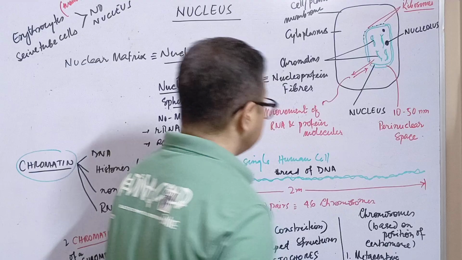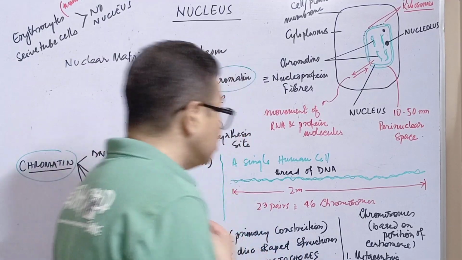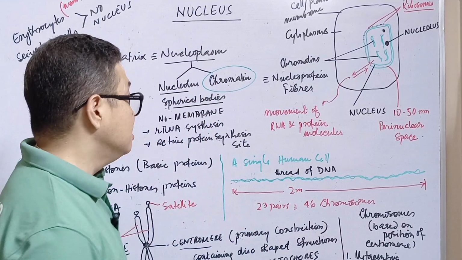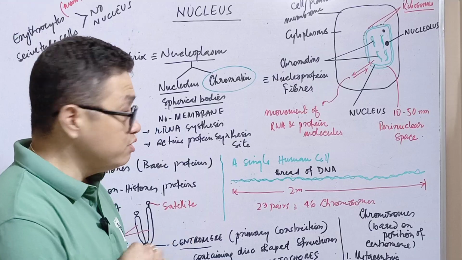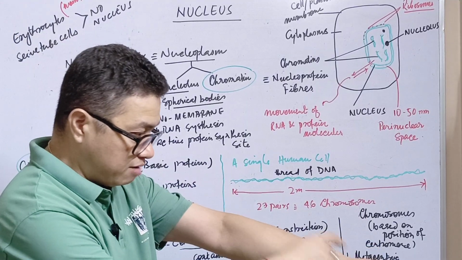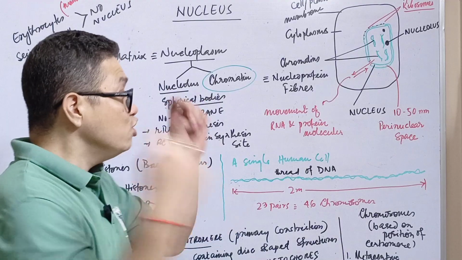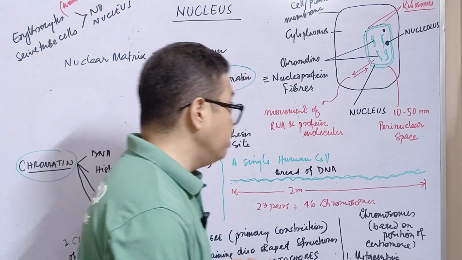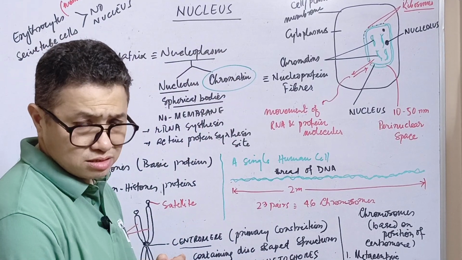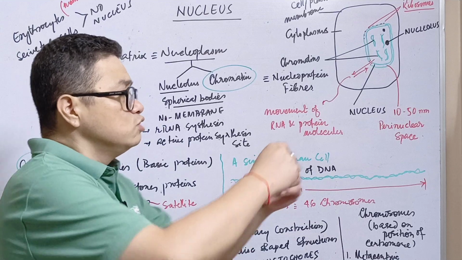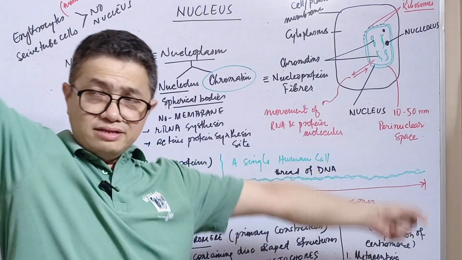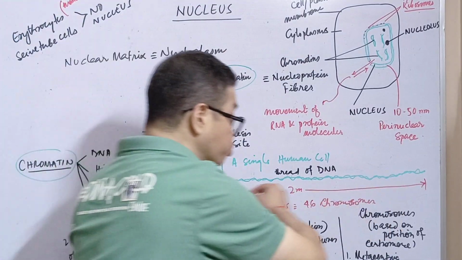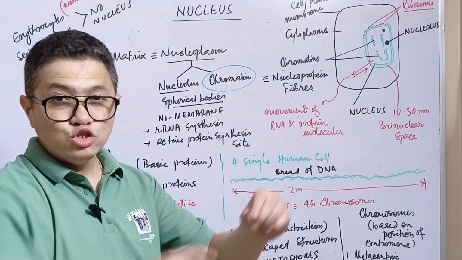And in order to know how long the chromosome is, suppose in a human cell, every single human cell, from our legs, from our brain, how many chromosomes are there? So there are 46 chromosomes or 23 pairs of chromosomes. So 46 chromosomes, you make it a line, you join one after another. And how long will it be? It will be 2 meters long. एक cell में 2 meter long